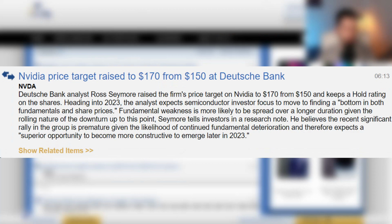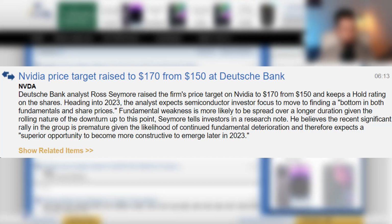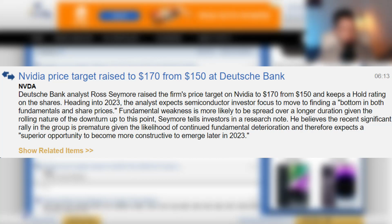Now on the flip side, Deutsche Bank analyst Ross Seymour raised the firm's price target on Nvidia to $270 from $150 and keeps a hold rating on the shares. Heading into 2023, the analyst expects semiconductor investor focus to move to finding a bottom in both fundamentals and share prices. Fundamental weakness is more likely to be spread over a long duration given the rolling nature of the downturn up to this point. Seymour tells investors in a research note he believes the recent significant rally in the group is premature given the likelihood of continued fundamental deterioration,